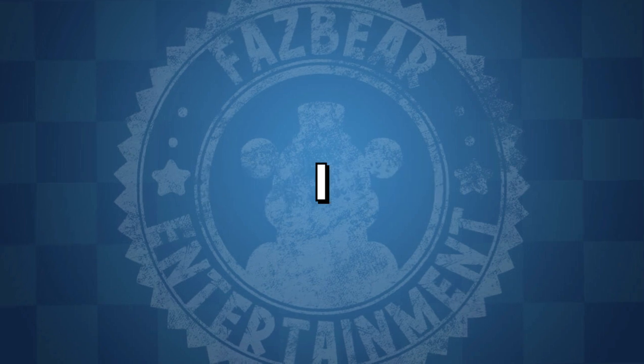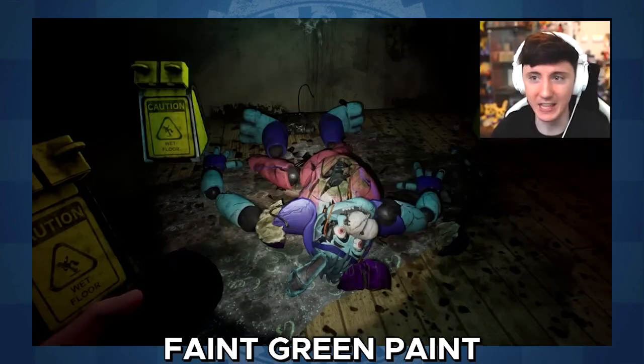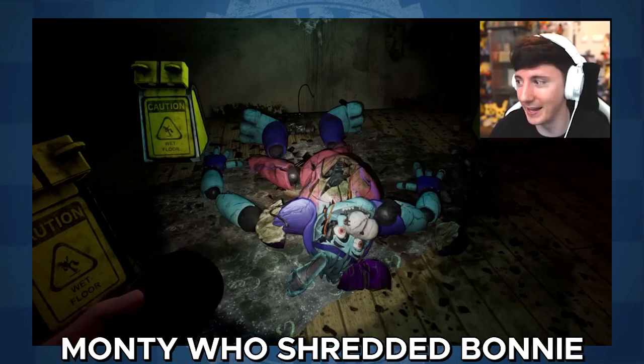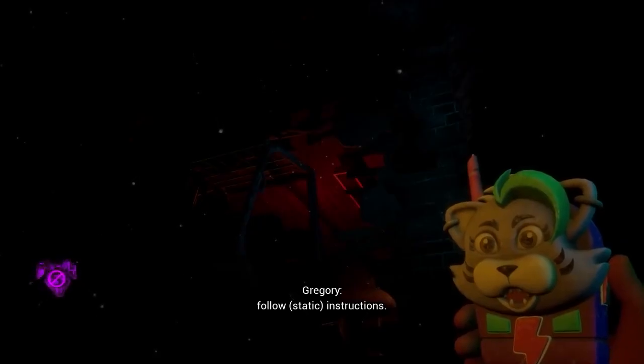The only problem I have with the Mimic being the culprit is the faint green paint on Bonnie's torso, indicating it was Monty who shredded Bonnie. The only thing the Mimic wants to do is escape the Pizzaplex in ruin and destroy everything. But if he was in Security Breach, which we know he must have been, seeing as he sampled Gregory's voice...